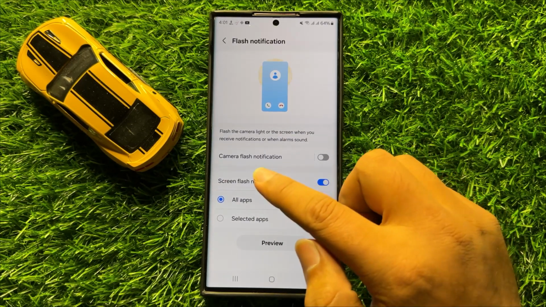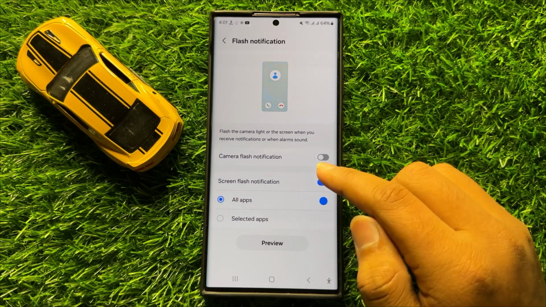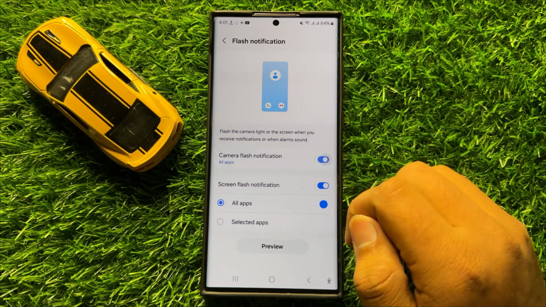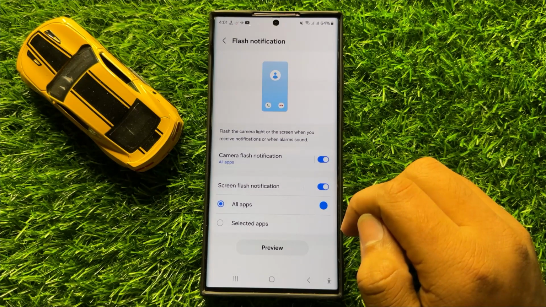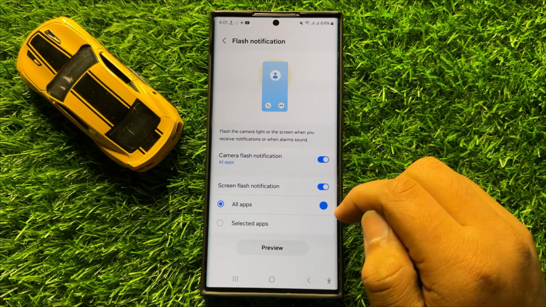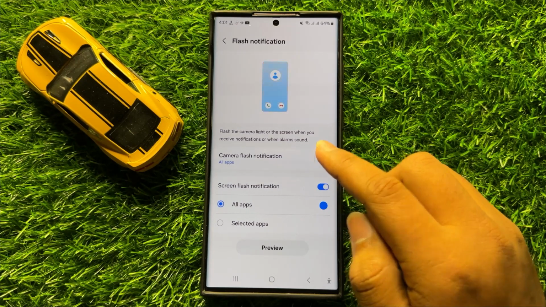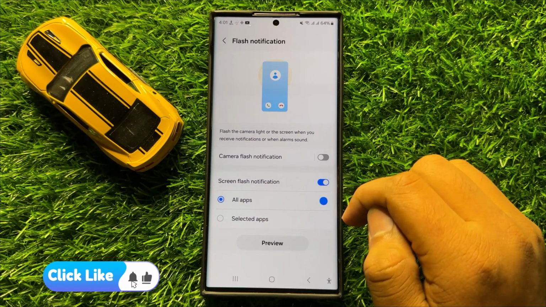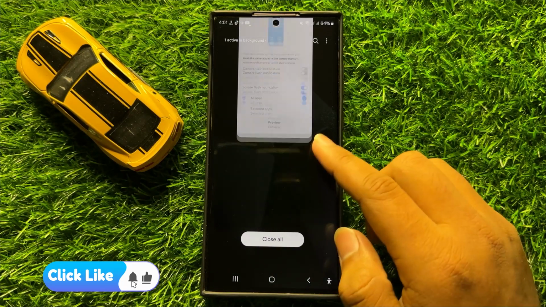Now here you will see a camera flash notifications button. So if you want to turn on the camera flash notifications, then turn on this button. And after turning on this button, the camera flash notifications will be enabled. And if you want to turn off the camera flash notifications, then tap on this button again to turn it back off. So with this button you can turn on or turn off camera flash notifications in Samsung Galaxy S24